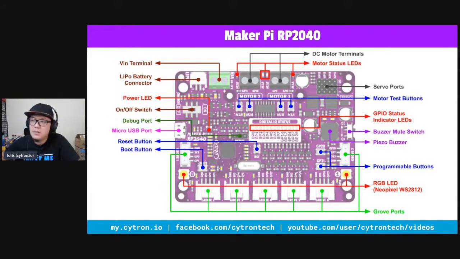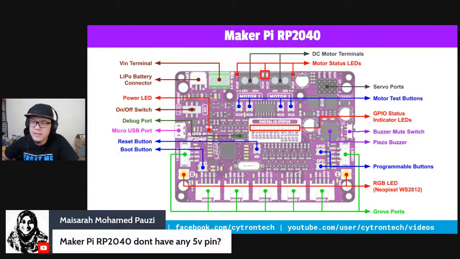This is the board layout. Okay, I will start from the top left. So there is a VIN terminal here. You can supply from 3.6 volt to 6 volt, and then this is a single LiPo battery connector, power LED,